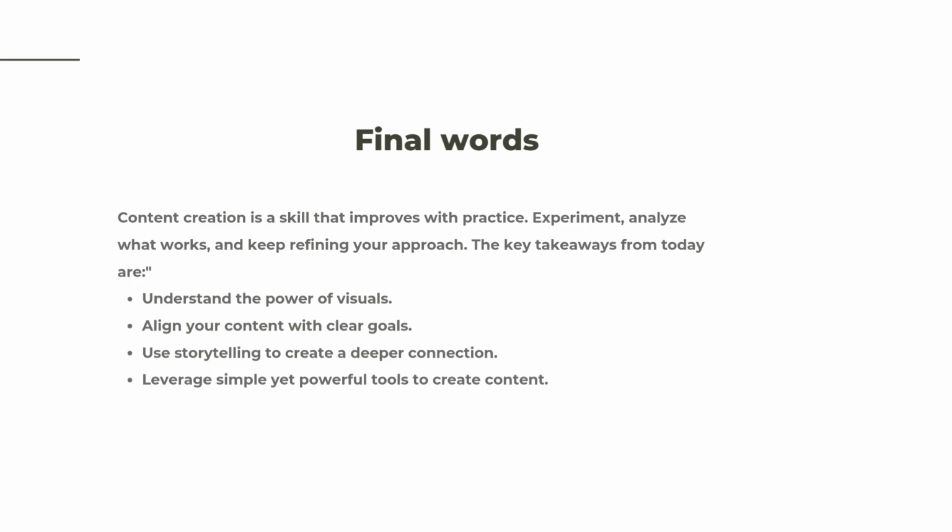Then align your content with clear goals. I kept on talking about strategic output of information, strategic content, right? I kept talking about intentional content, right? You have to align your content with clear goals. You need to know why you're doing what you're doing. If you're in the content creation business, you have to have your own objectives. I told you that a well balanced content strategy is one that aligns audience needs and your personal objectives. Are you creating content because you want to go viral? Just go viral. Are you creating content so that you can have brand endorsements? Are you creating content for whatever your goals are, right? Ensure that the kind of content you're putting out aligns with it.